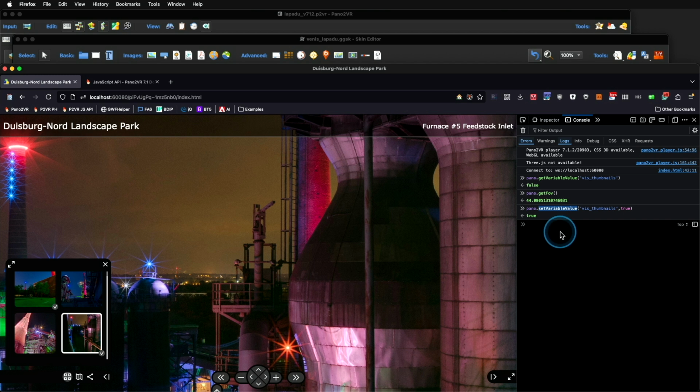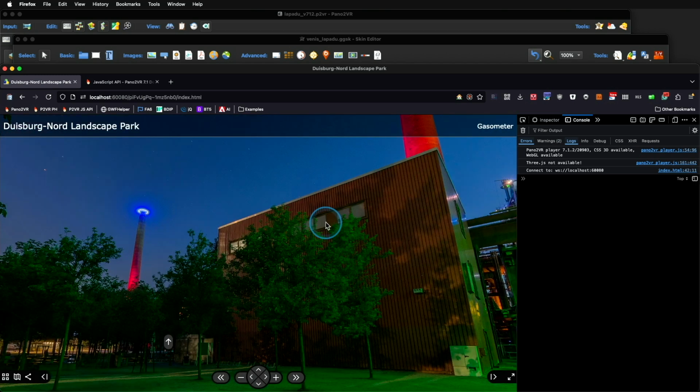And we now have a two-way communication into the panorama and from the panorama, and you can set values and you can read values to get information about what's happening inside of the panorama, or you can control it from outside. And this controlling from outside is a very, very powerful feature. Well, it's nice to have the console and the direct access to the JavaScript API of Pano2VR available in the